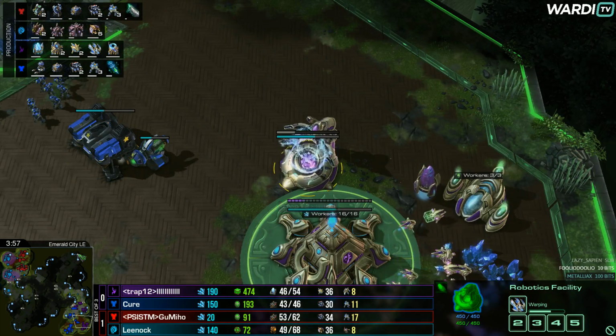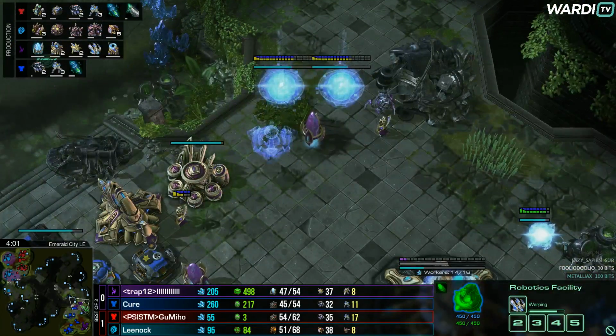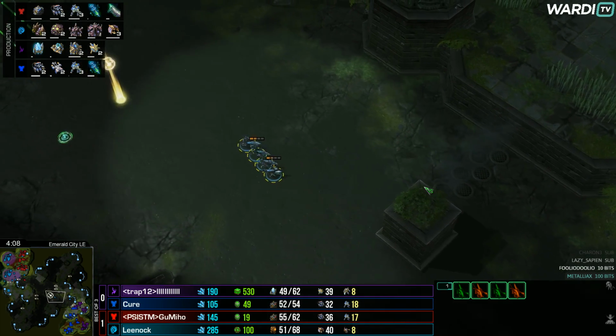Prism on the way up from Trap with 2 gateways down and 2 more added. Sorry, 1 gateway down and 2 more added. And we'll have just a little bit of pressure able to be applied with that Prism. A little bit of harassment early game. Meanwhile, we have